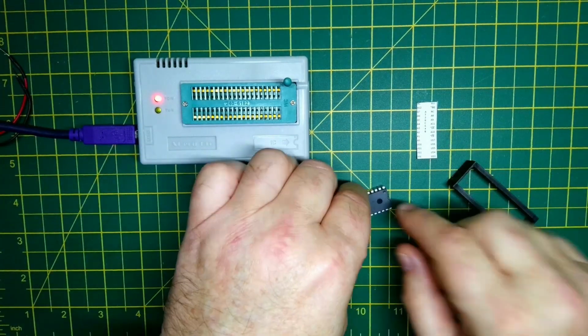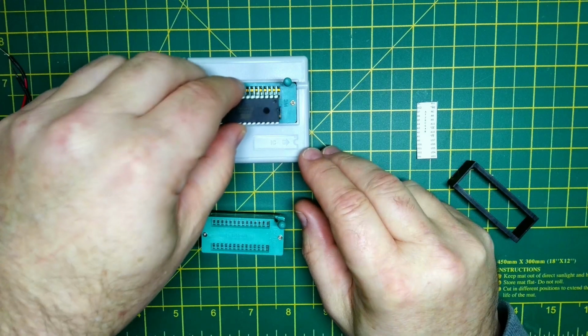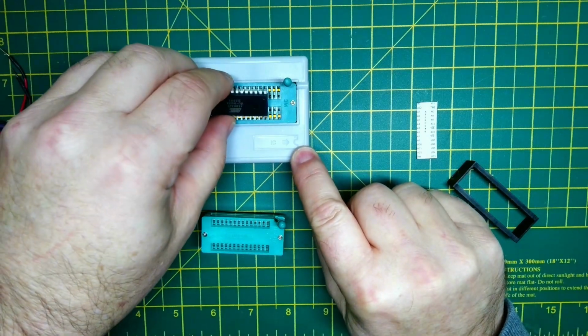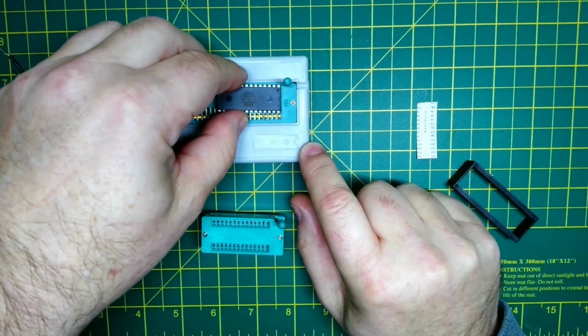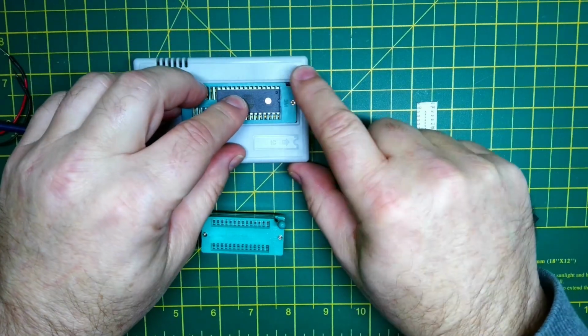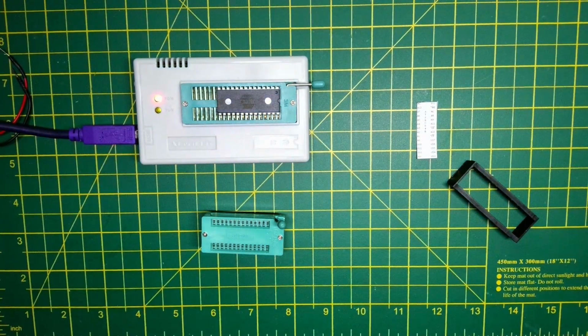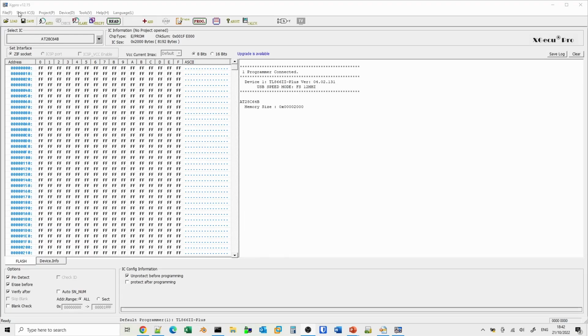So what I'm going to do now is to program this. We'll run up XGPro, which is the programmer. So just check, you see the pin 1 goes at the top there, pin 1 is there. And then if we go back to our desktop, so this is XGPro. You can see since I've used it last, an upgrade is available, so the software does get updated quite frequently. You can see we've already got the Atmel 28C64B already loaded, so we don't really need to change that. The one thing we do still need to remember is about unprotecting before programming.